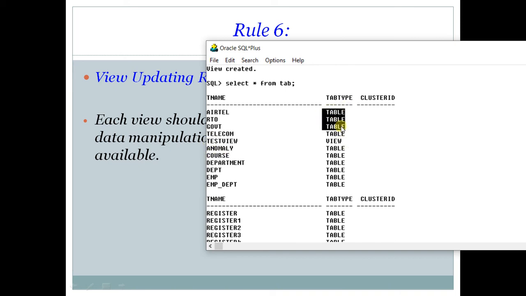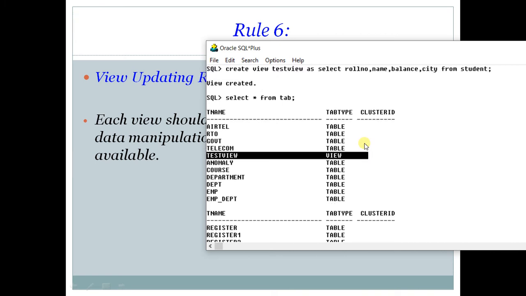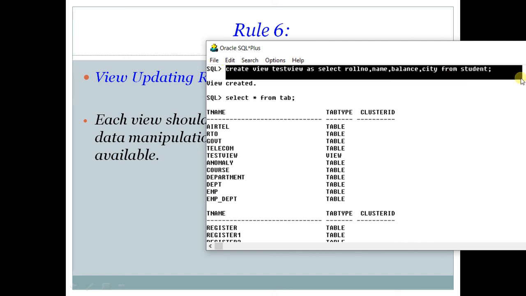In most of the names, you can see the tab type is table, table, table, but in this case the tab type is view. So this view has been created with this query.